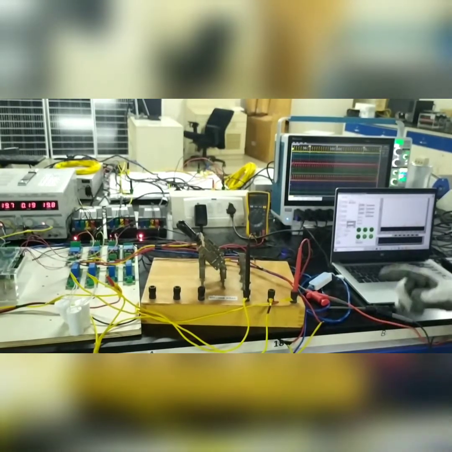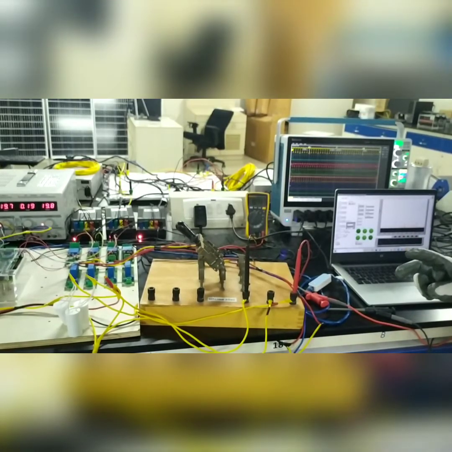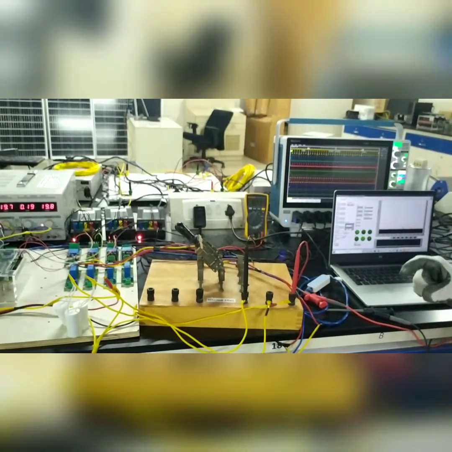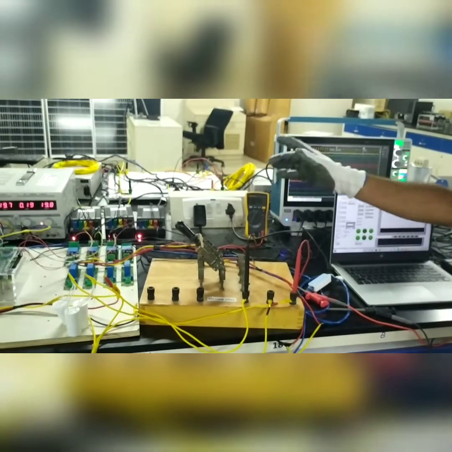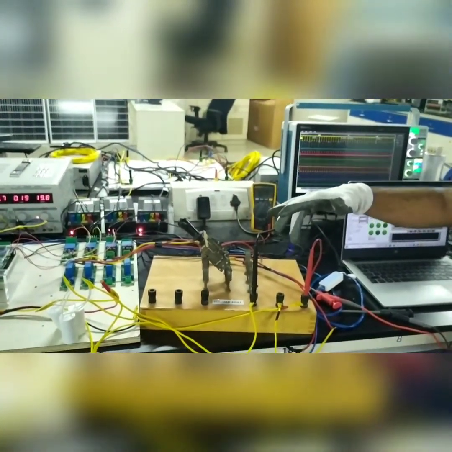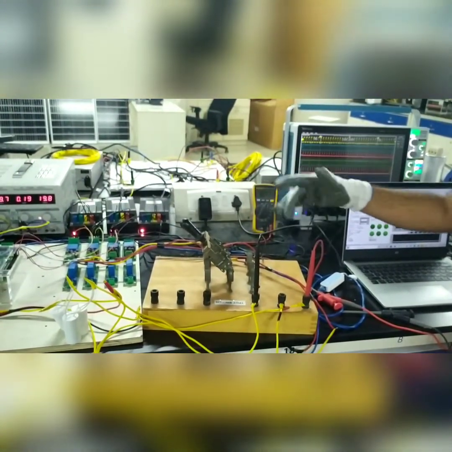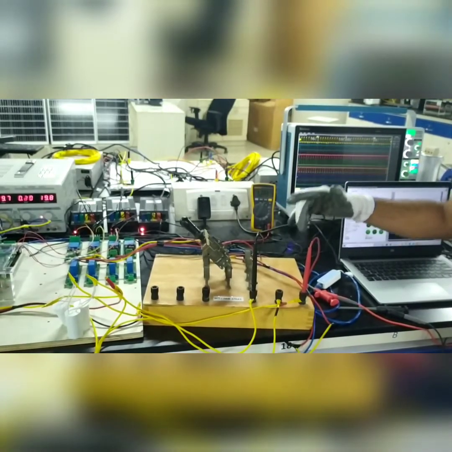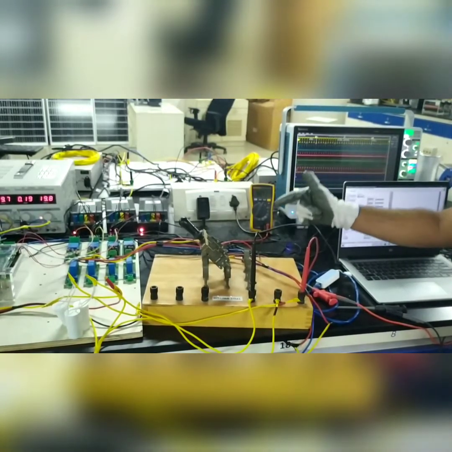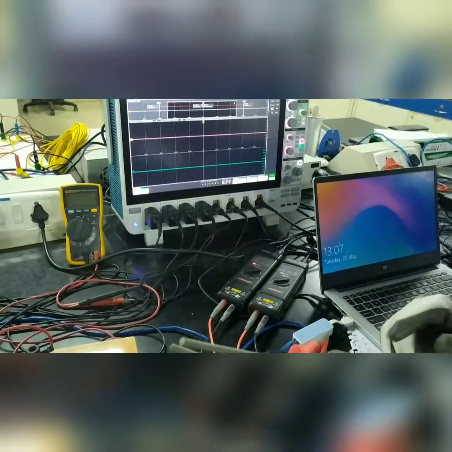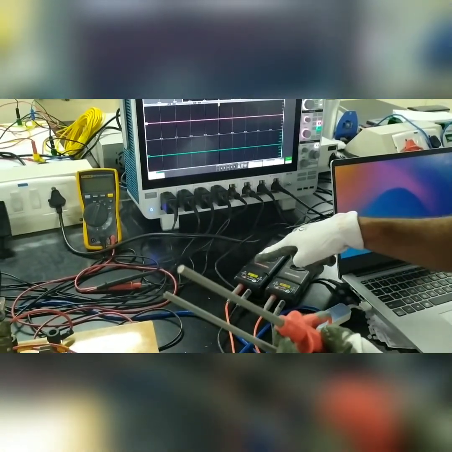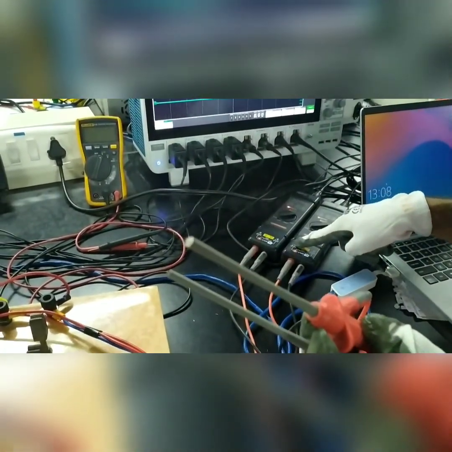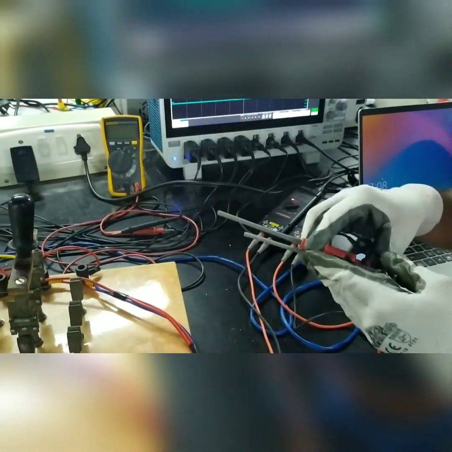So the 3 conditions which we mentioned before, the first condition of maintaining the same voltage magnitude at both grid side and inverter side, has been performed, which is around 30 volts in our case. And next we are moving to matching the phase sequences at both grid side and inverter side. Using these differential probes, we are going to measure the phases of both inverter and grid.